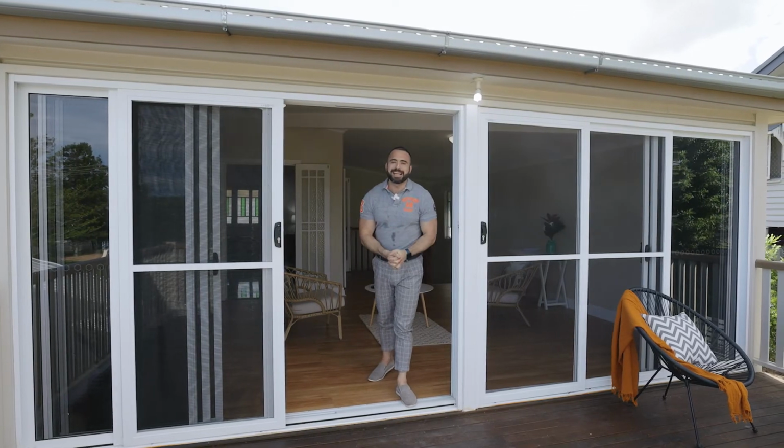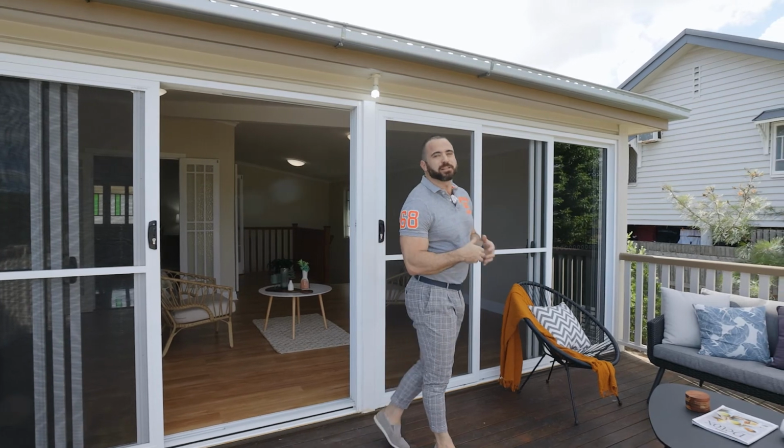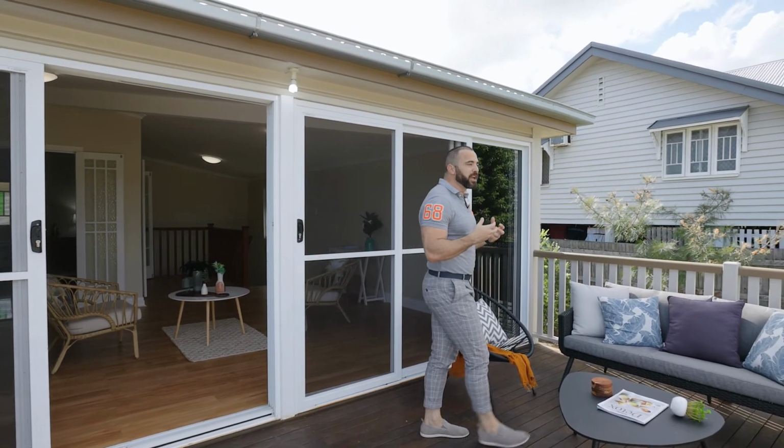If you can see the potential in this beautifully restored home on the range with the endless possibilities its dual living options bring,